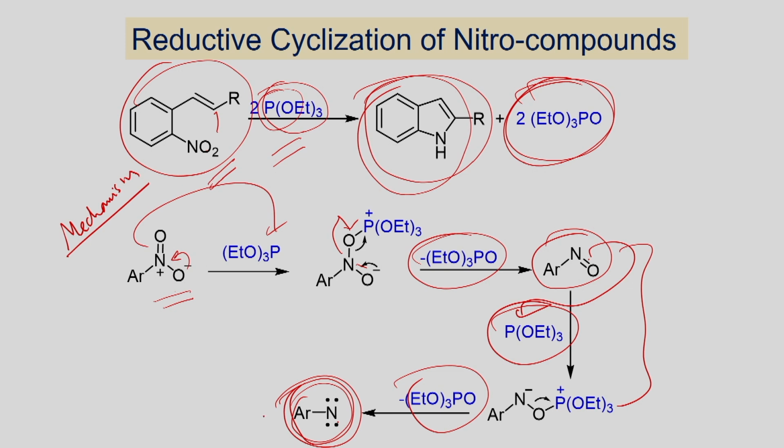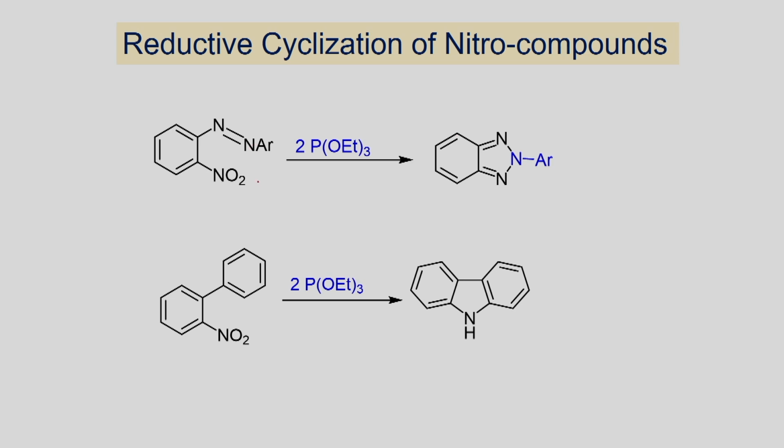So if you have the nitro derivatives, you can try to react with the triethyl phosphite, which can convert the nitro derivative into nitrene. Once you form the nitrene, we already know that nitrene can readily undergo insertion reaction with the alkene, and in this case it can produce indole as the product. Here some more examples are shown. This azo compound also can be cyclized, as we have just seen, when you react with excess, 2 equivalents of triethyl phosphite, which can convert into nitrene, which can now cyclize